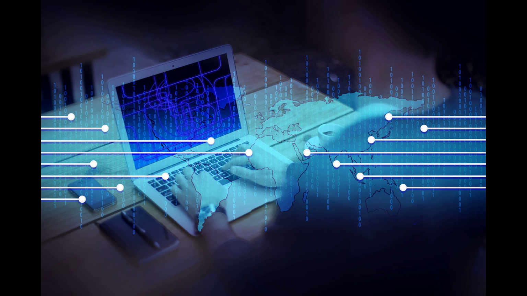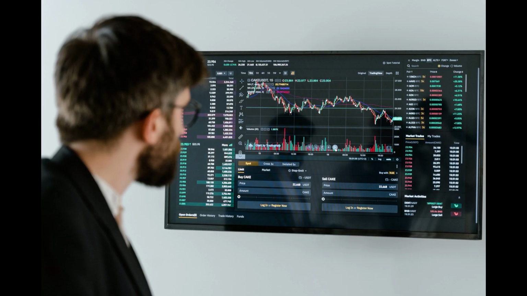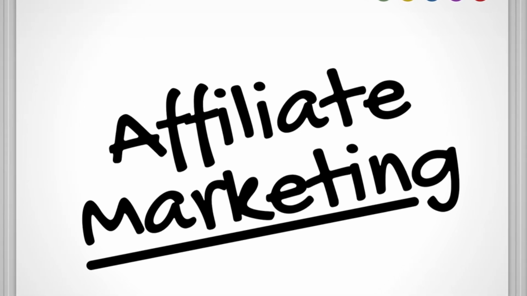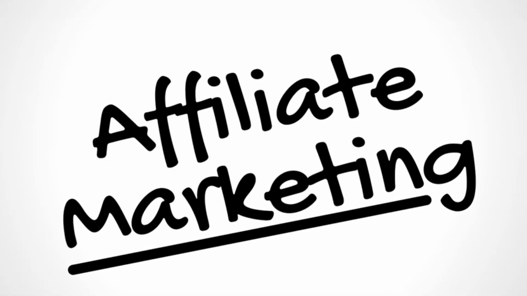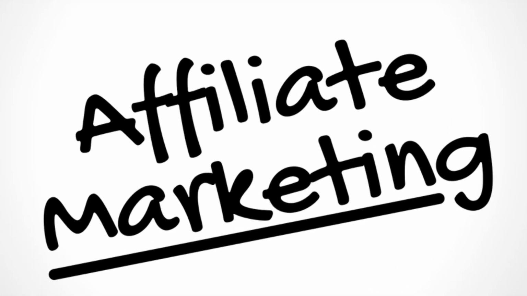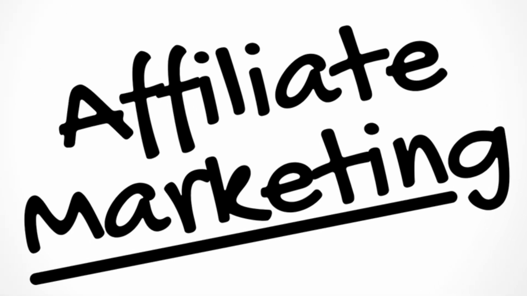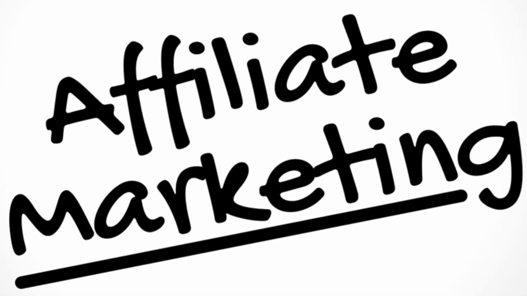Cookie. In the online world, a cookie is a message given to a web browser by the server. The browser stores that message or cookie in a file, and each time the browser reloads the page, the message gets sent back to the server, so it's stored. This is really useful in affiliate marketing, as affiliates have a special link they embed on a web page. When a prospect clicks on that link, they're usually taken to a promotional page or the shopping cart checkout page and are cookied. That means the affiliate ID is going to be recorded as the referrer, and the affiliate will receive a commission. There are many other uses for cookies online outside of affiliate marketing.